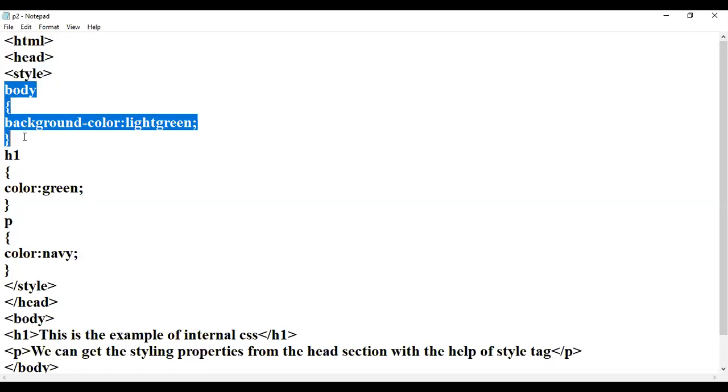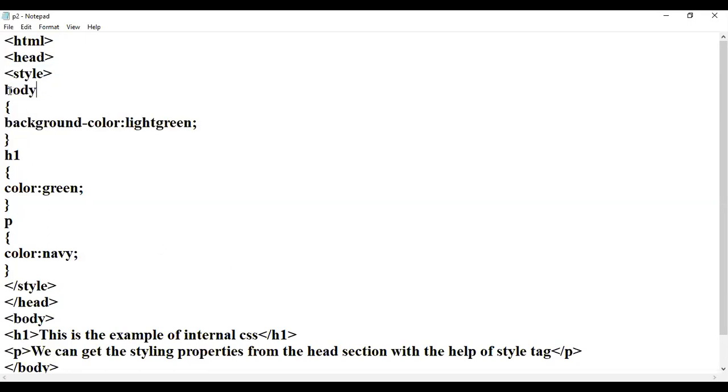I want to change the body background color, so I have written the tag name body, then an opening curly bracket. In that I want to change the background color to light green. Now for H1, I want to change the color of the heading to green. Now see here, I have written P. I want to change the color of a particular paragraph to navy.